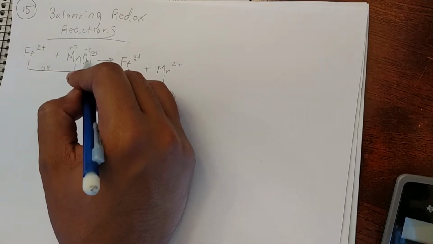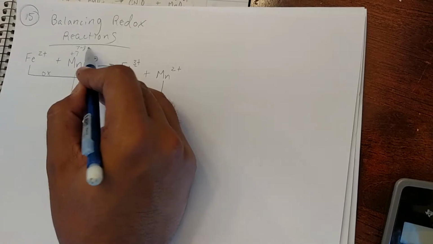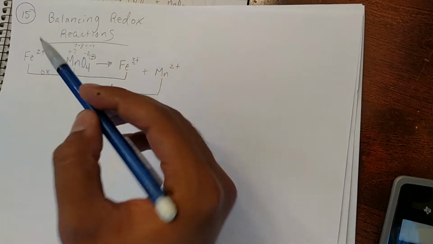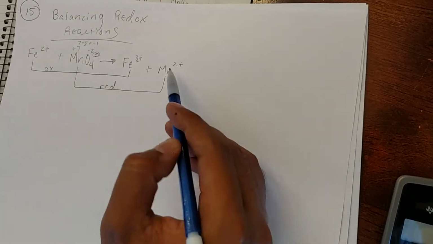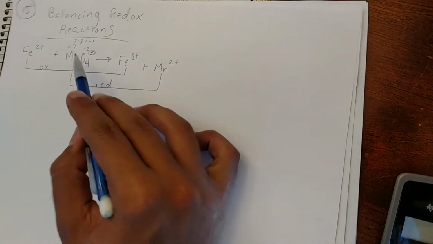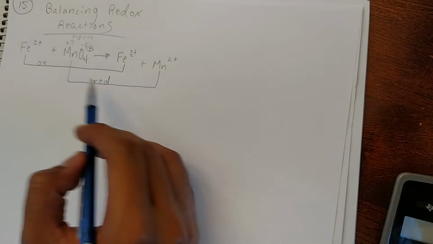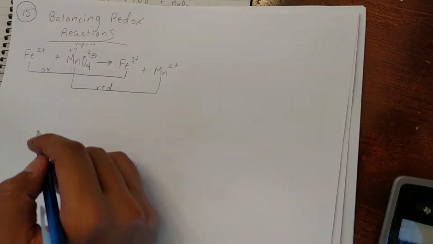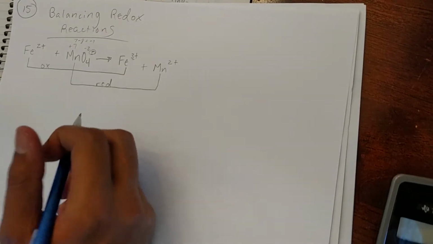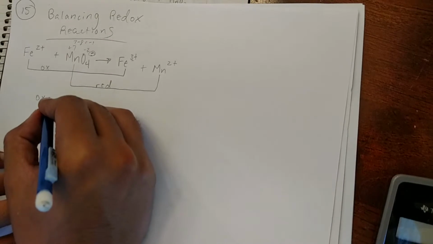So we know that this is -8. We know that it must be 7 minus 8 equals -1. So we have a charge of +7 and a charge of +2 over here. So we know that the manganese is gaining electrons because the charge is decreasing. So we have our oxidation and our reduction. Then we split these reactions into two separate reactions. So our oxidation reaction is